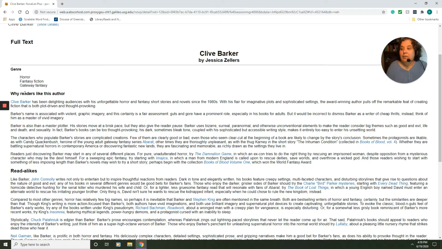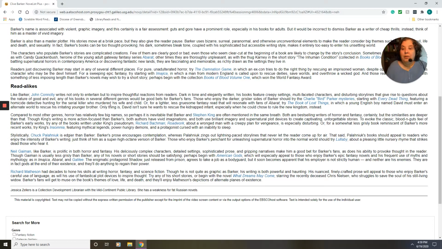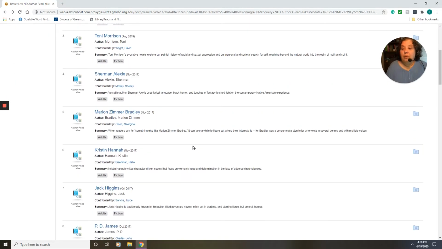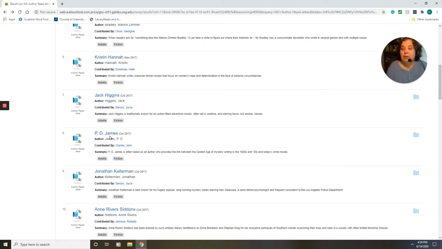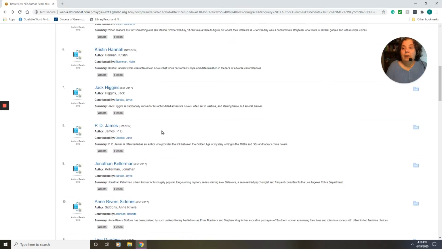And this gives you why read authors like this. And then gives you a list of read-alikes. And so it'll be books and authors that are similar to Clive Barker that you might enjoy if you enjoy reading a Clive Barker book. Same with Stephen King or Toni Morrison or any of these authors. P.D. James, Jonathan Kellerman. So any author that you like and you think there might be something out there that is like what the author has written, you can find on this